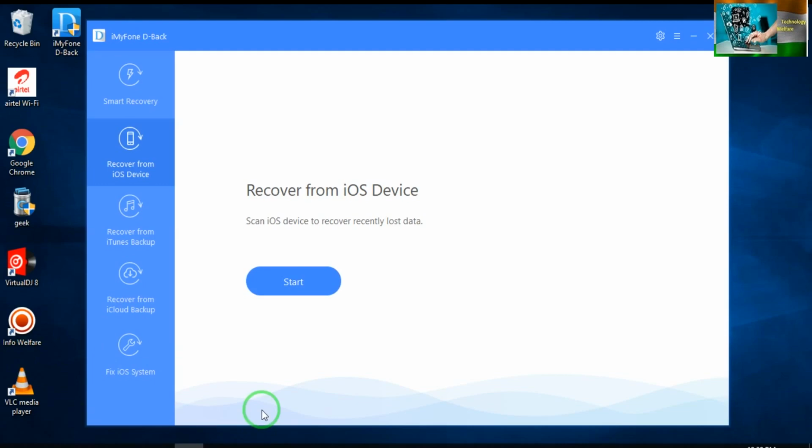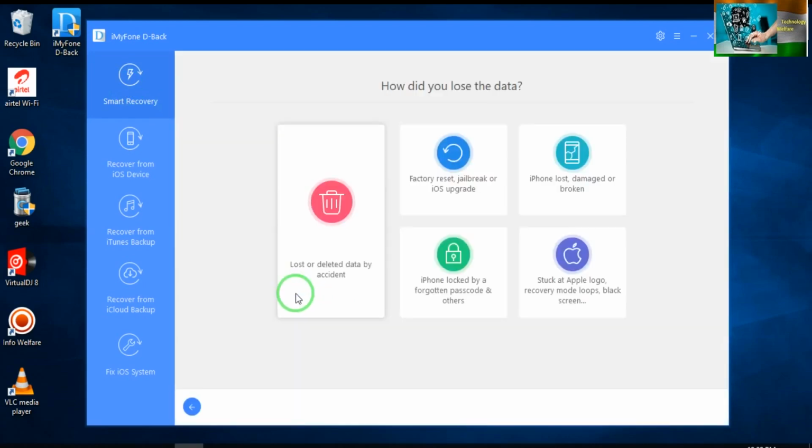How will you recover the data? Firstly, I will go to Smart Recovery and start. Here it is clearly mentioned how you lost your data. If you deleted data by accident, you have to go for that. If you lost your data by factory reset, jailbreak or upgrading, I will go by this. If the iPhone is locked by a forgotten password or another reason,